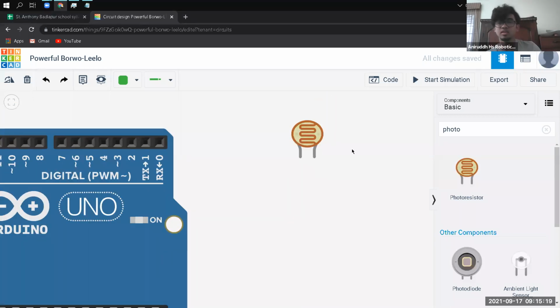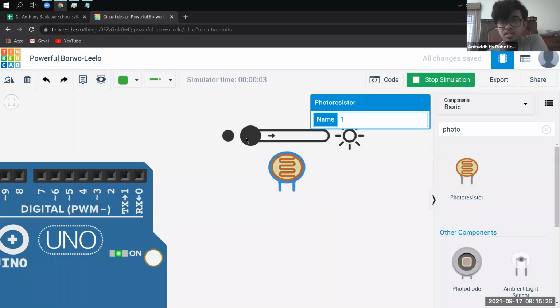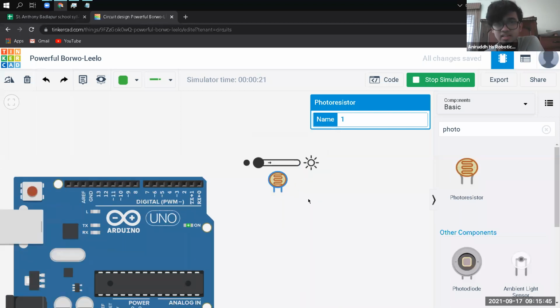It has two wires. How this works is, in the simulator at least, using a slider we can tell how much light is falling on it. It could be sunlight, it could be light in a room, any of those things. If I slowly increase the amount of light falling on it using the slider to the right, it's very bright light. If I go left, it is pretty much night time. This is what the slider indicates.